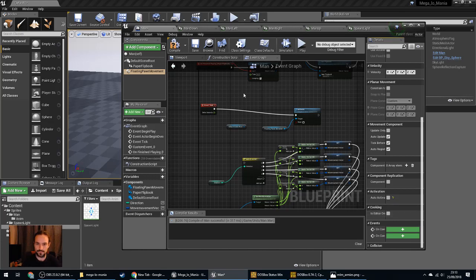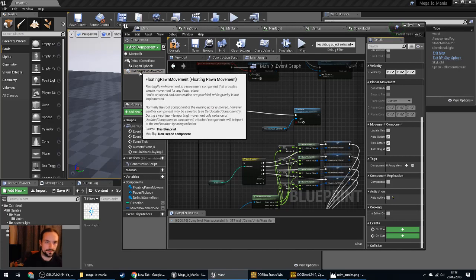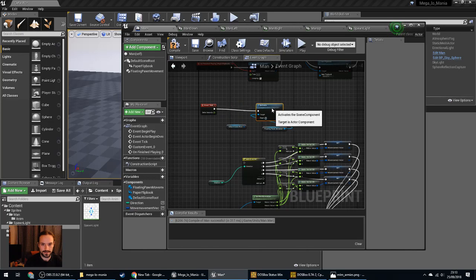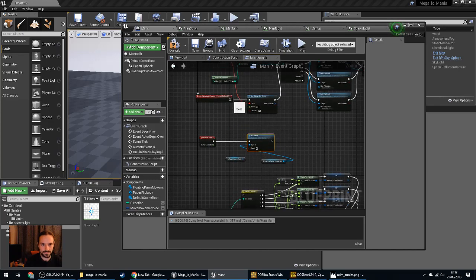Okay, so we've added this floating pawn movement. See if this makes the movement easier. And we've deactivated it by default, and we will activate it actually